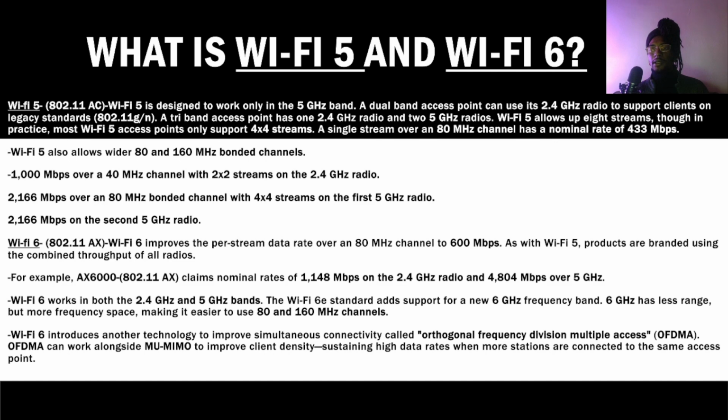Wi-Fi 5 allows up to 8 streams, though in practice most Wi-Fi 5 access points only support 4x4 streams. A single stream over an 80 MHz channel has a nominal rate of 433 megabytes per second. Wi-Fi 5 also allows wider 80 and 160 MHz bonded channels, 1000 megabytes per second over a 40 MHz channel